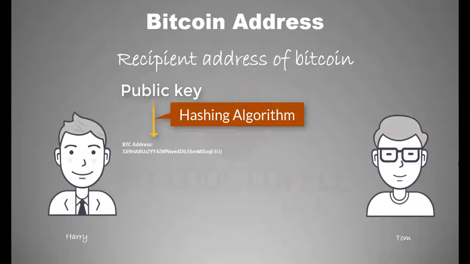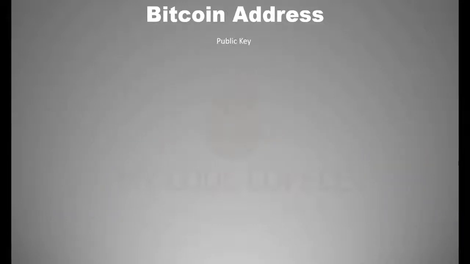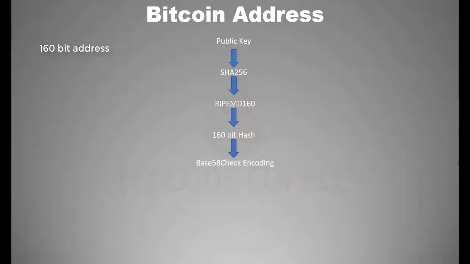So to compute Bitcoin address, first SHA-256 hash is applied on the public key and then RIPEMD160 hash is applied on the resulting value. So basically Bitcoin address is obtained by applying double hash to public key. When you do that, you get a 160-bit value. This is your Bitcoin address. However, almost always Bitcoin address is encoded as base 58 check. This makes Bitcoin address more readable, and it also protects against error because it uses checksum to validate Bitcoin address.